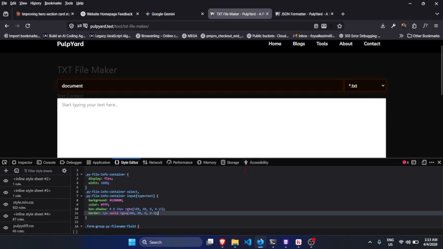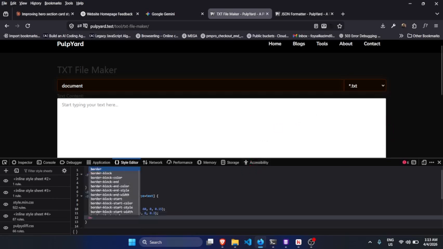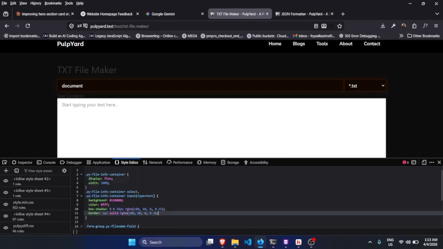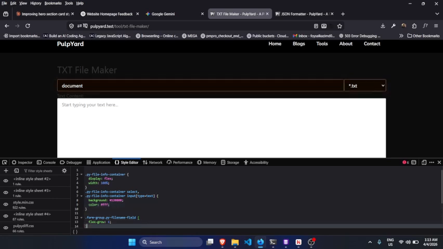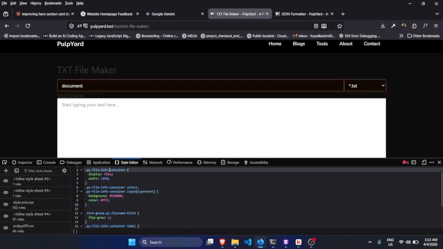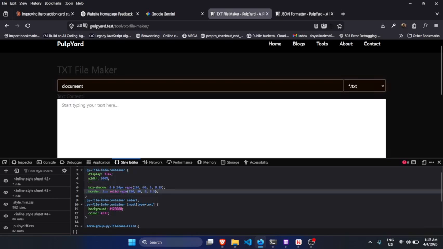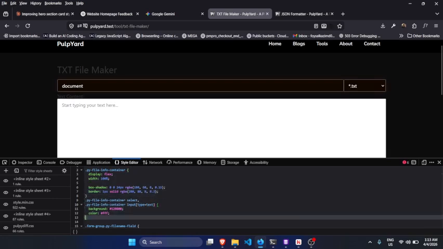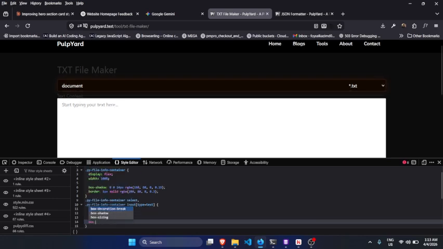Instead of giving them both, I can just do it for the file info container maybe. Does it help? And also remove the border from here. Turn on box shadow. No. Yes, it's a bit good, but